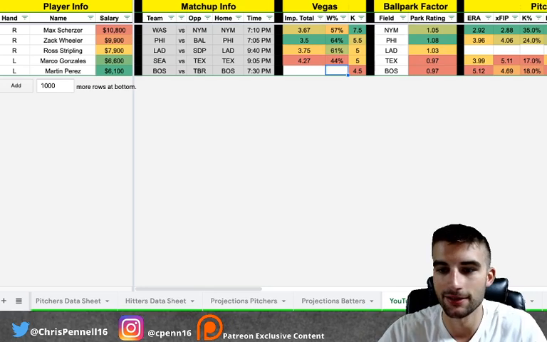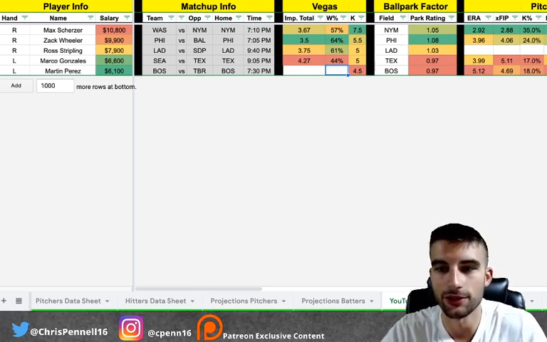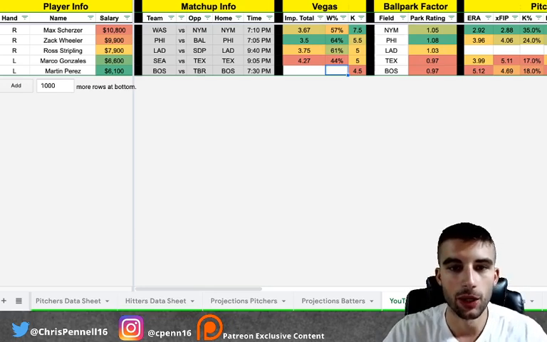He honestly could be a guy that's over 11K, around 12K. So at 10,800, I feel pretty good about it, and so does Vegas. So definitely like Max Scherzer. If you want to pivot off of Max, who I think will end up being pretty chalky, we have Zach Wheeler at 9,900. Now, I don't love this price tag for Zach Wheeler, so this is only a GPP play,